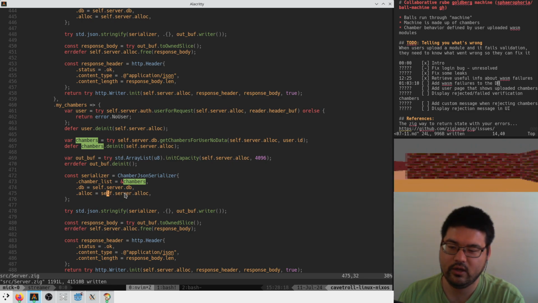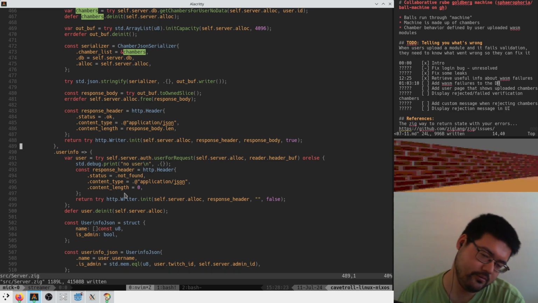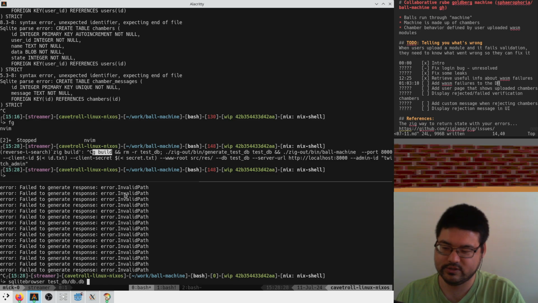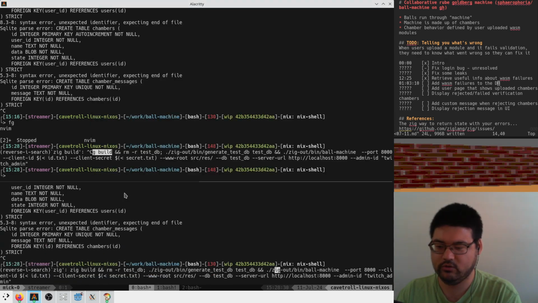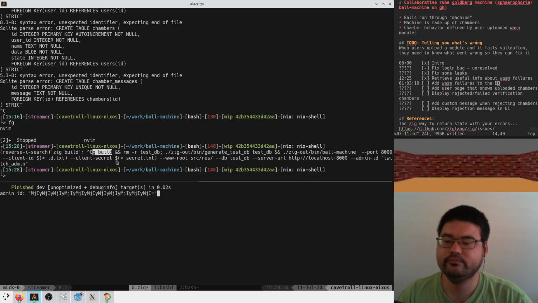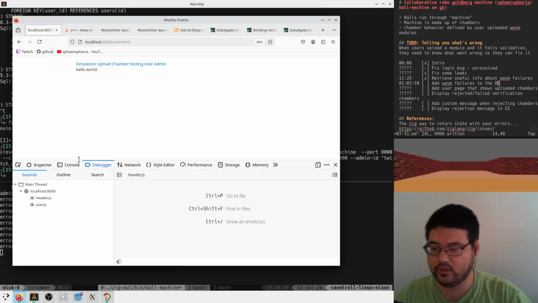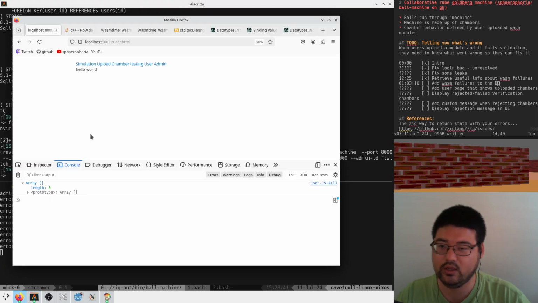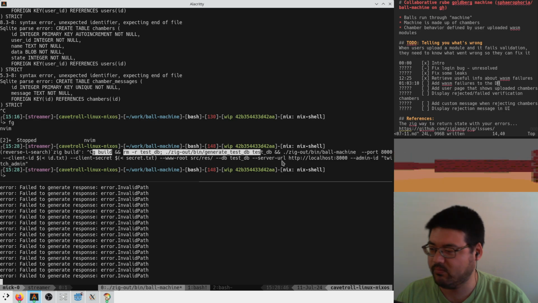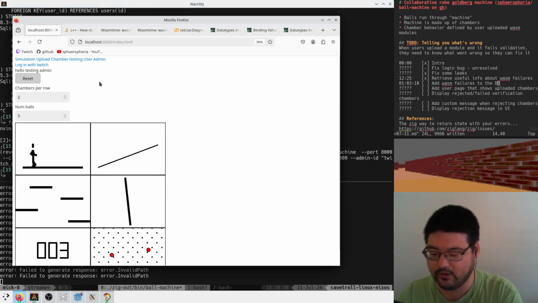Okay. This looks like it'll probably work. Let's go. Oops. Oh, no. Okay. So here now, we do see no chambers for me, but I think it's because I nuked the database in my control R because it's useful for when I'm writing chambers, but I probably shouldn't have done that,